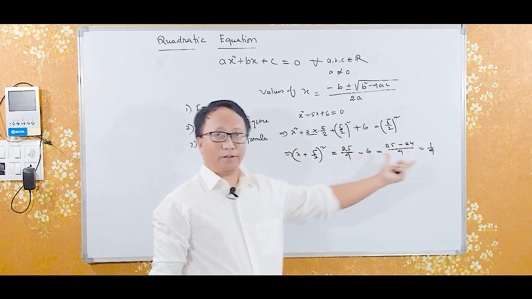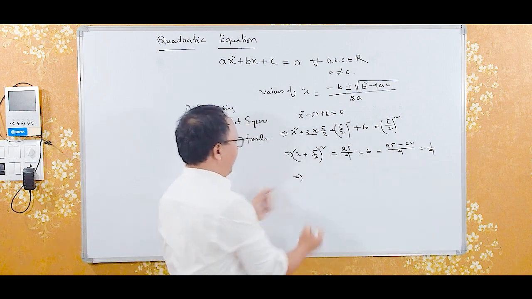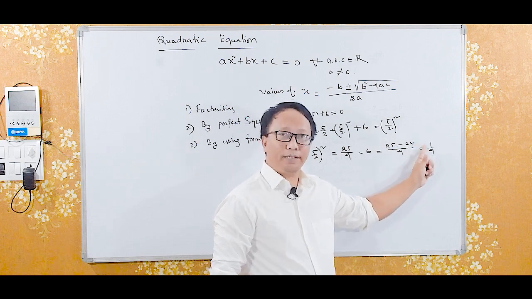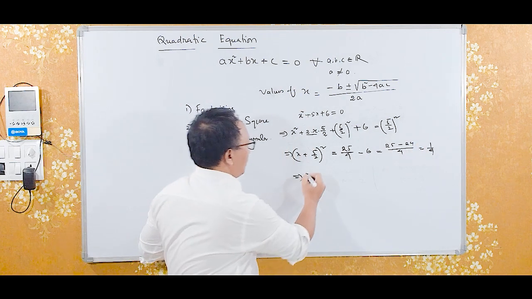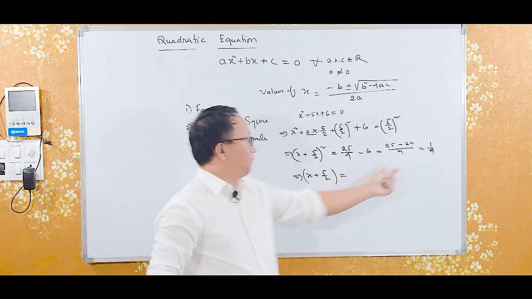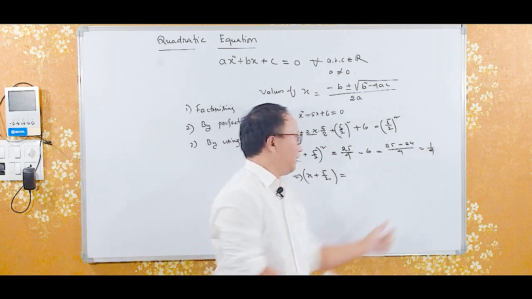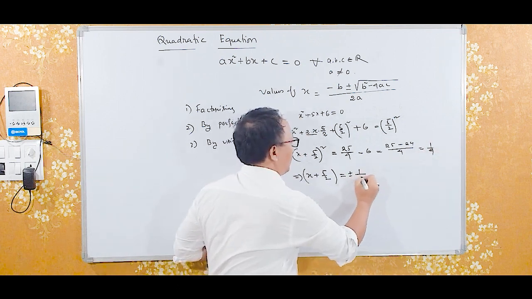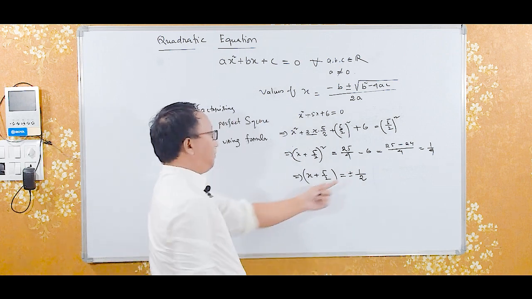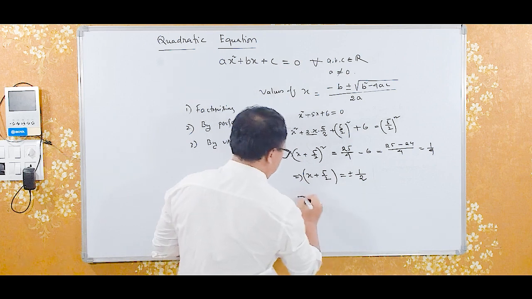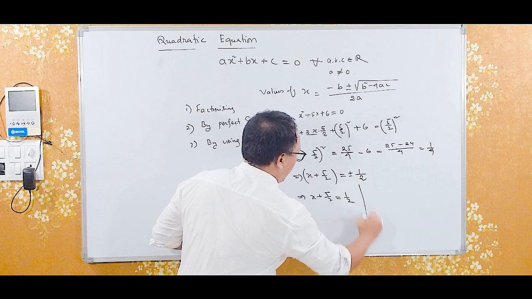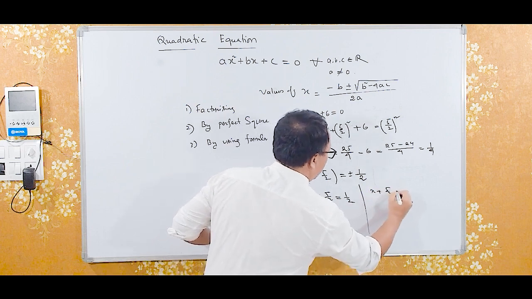Now taking square root on both sides, we have square root of this, square root of this. If you are taking square root of this, then we will get plus minus over here. So we have x plus 5 by 2 is equal to plus minus square root of 1 by 4, which means plus minus 1 by 2. Now we have to take either plus or minus. It implies x plus 5 by 2 is equal to plus half, or x plus 5 by 2 equals to